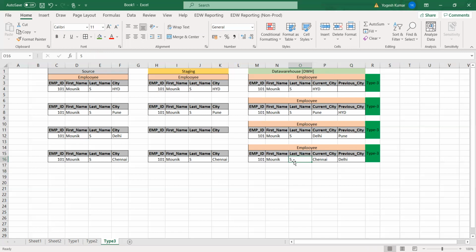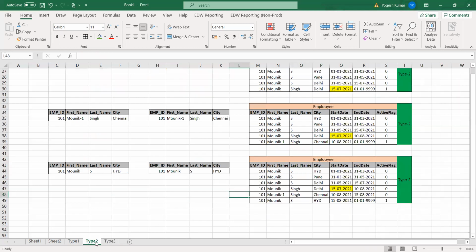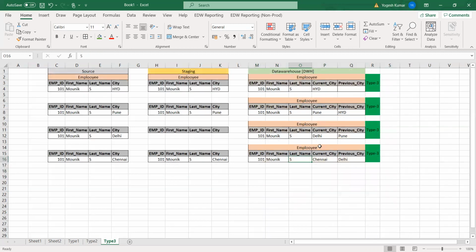And this is for type 3. For type 2, we can change any column, no problem. Only the new record will be added for that. But in type 3, we clearly mention the column, like the current city and the previous city. So if there is any change in the city, then we will keep that only.